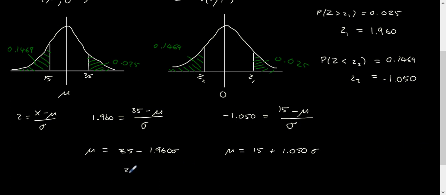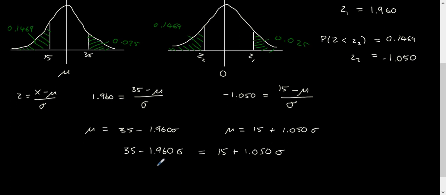And we can make those two equal to one another and work out what sigma is. So let's do that. I'm going to have 20 equals 3.41 sigma. So the standard deviation is going to be 20 divided by this,